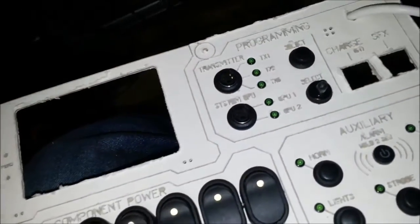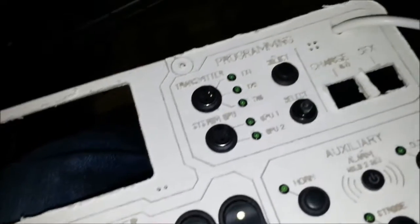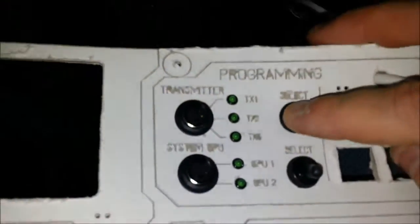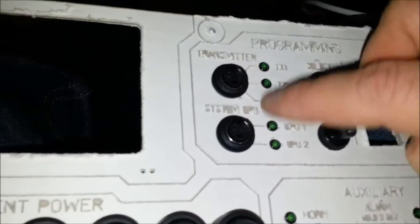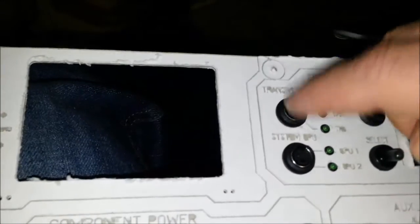And then programming for the transmitters, because I have 3 transmitters each with 6 channels. I'll press this button here, and it'll light up each one. So it'll go transmitter 1, 2, 3, and then turn off, so that I can just plug into my computer through this DIN connector I have here. And then the system CPU, I'm going to have 2 of them for a total of 70